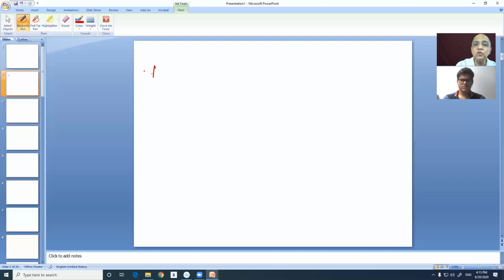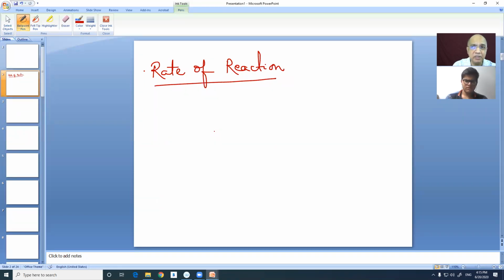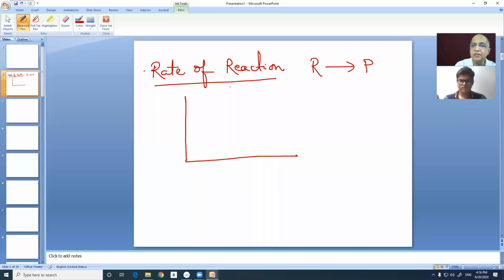Now, let us know what is the rate of reaction. If you are a lay person, a beginner, then I will say, supposing a reaction is represented like this. It is an irreversible reaction we are talking of now. R is the reactant and P is the product. We are primarily focused